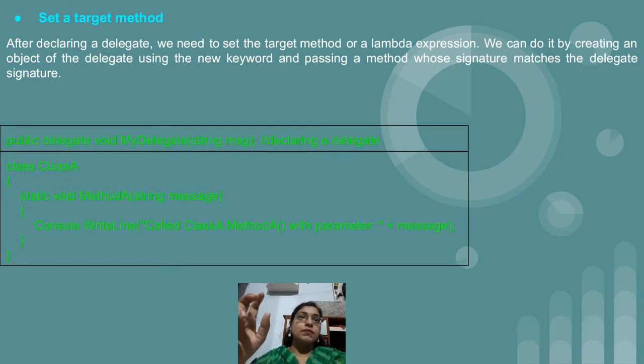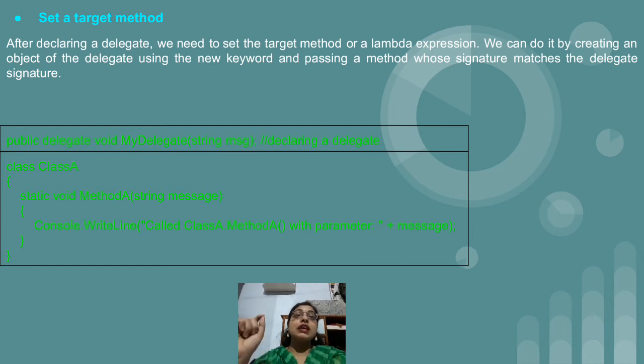So just see, it's not necessary that we make use of the public keyword. Now in the method declaration we are making use of the static keyword. That doesn't matter. The method can be of any type except partial and sealed. So static as a modifier we have used. After that, in the delegate declaration we used the return type as void. So this is the reason why in the method declaration also we should use void as a return type.